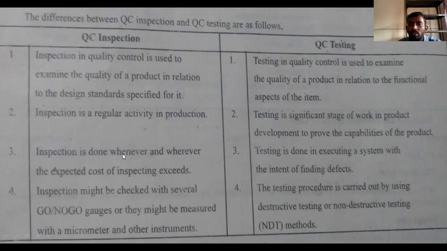So to find out the inspection, you can use this type of instruments, go and no-go gauges. Go and no-go gauges are straight instruments. You use them for holes when manufacturing shafts: the hole diameter and shaft diameter must both be perfect and coincide exactly, so you use this type of gauges, the go gauge and no-go gauge. By using these gauges, the machine measures or we check the accuracy of the product.